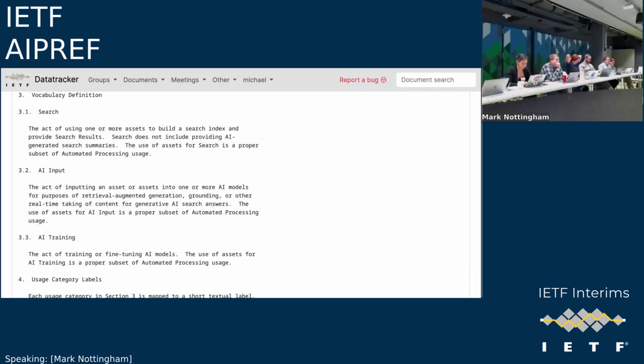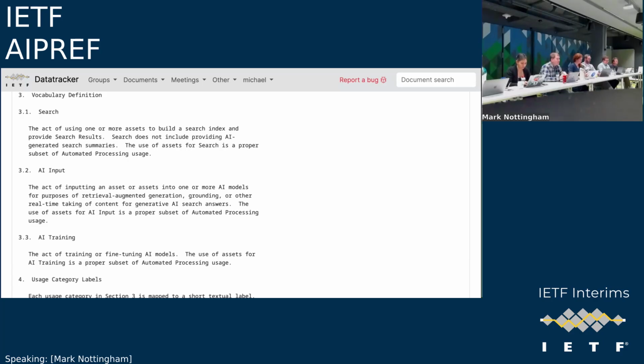Yes, the future of search may all be AI generated, but I think broadly speaking, people do understand the concept of linking back in blue links and just providing input to an index and then returning a ranked search. And I think it's very useful to have that term as a way to allow search whilst excluding usage for any other defined term. My concerns for the AI output, we actually thought about it the other way around, which is the AI input, which I understand might be slightly out of the charter of the group, but I think for the purpose of solving some of the problems, it's a good definition.